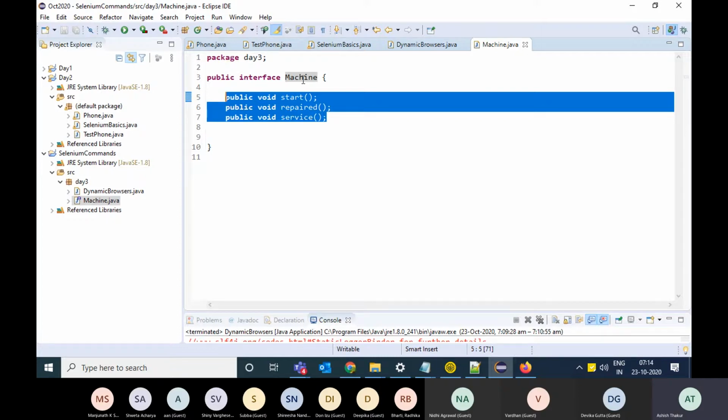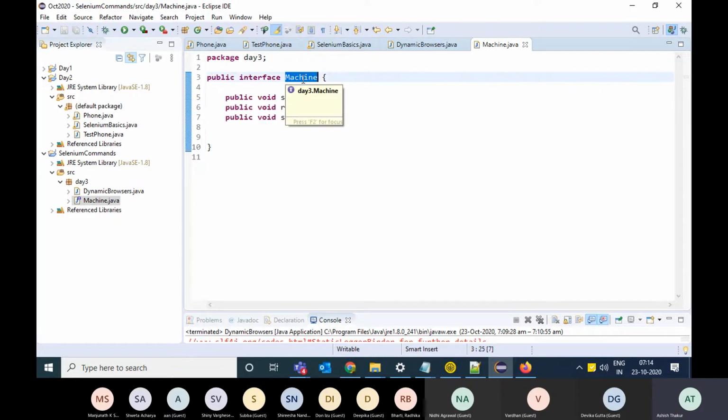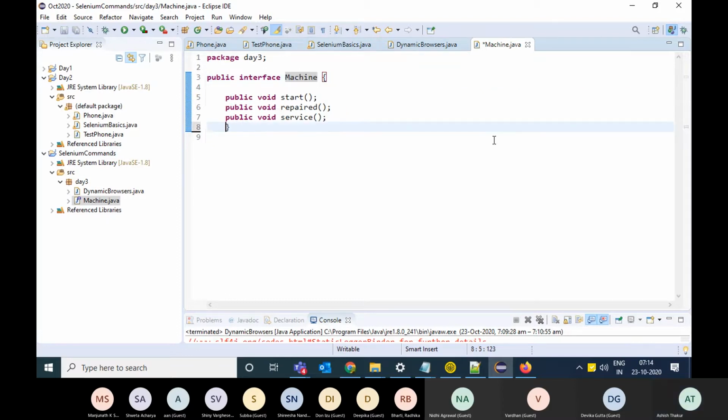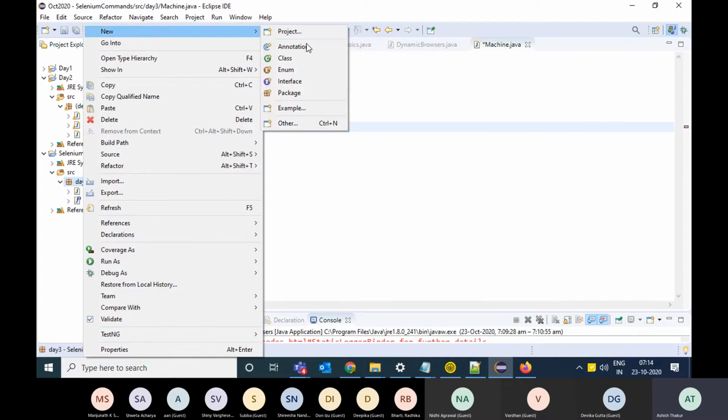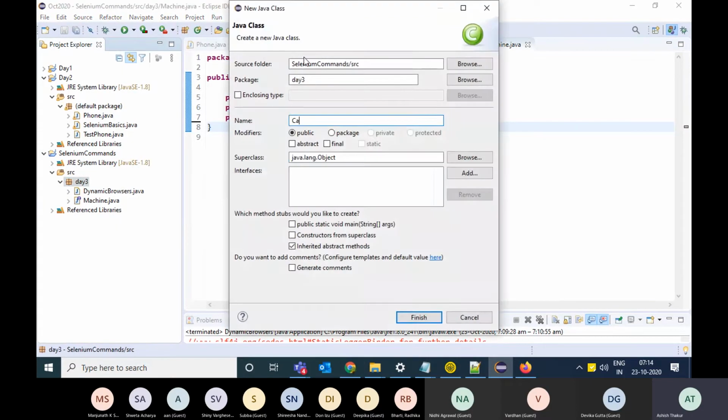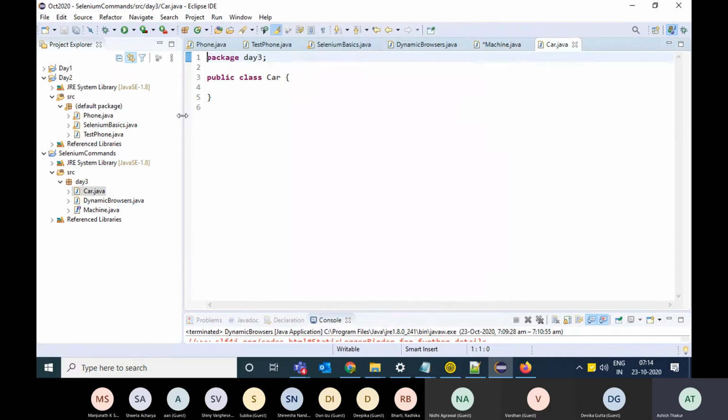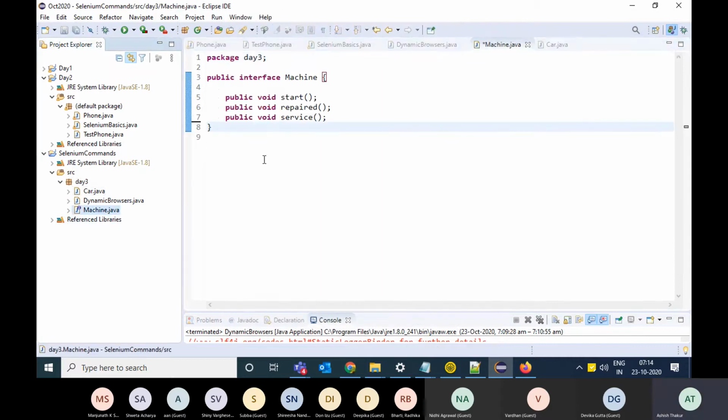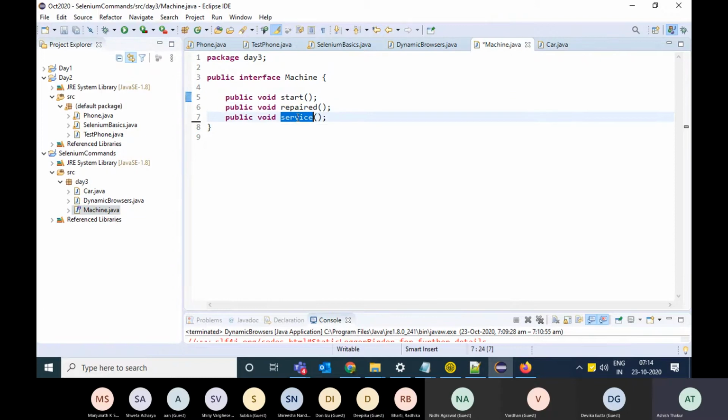Okay, now interfaces are always implemented in Java. They are implemented by some class. For example, I'll make a new class known as car. Now car is practically a machine. Fine, car will have these three functions.